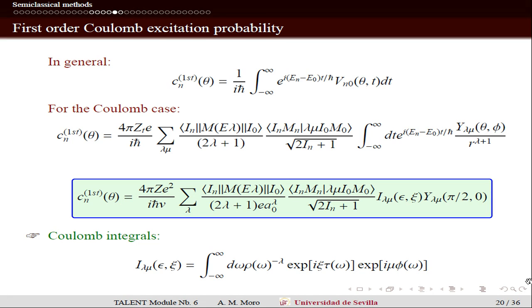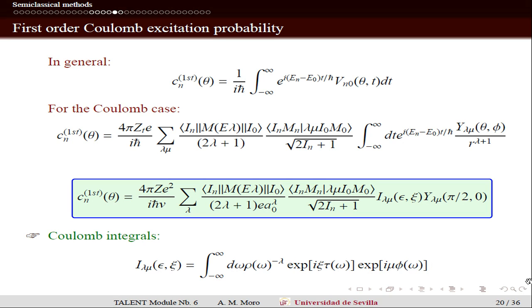So remember, now we want to apply the simplest approximation, that is the first order description of the Coulomb interaction. This was our general expression. Remember that we have this situation. So in first order, and now we put it explicitly, we have something like this, with this exponential, this coupling